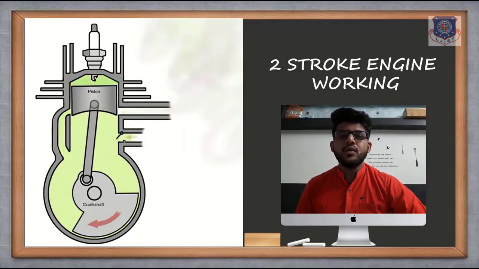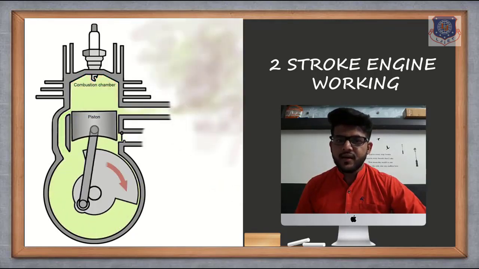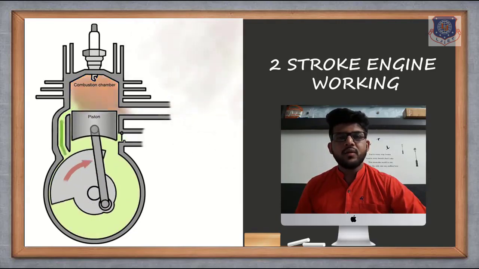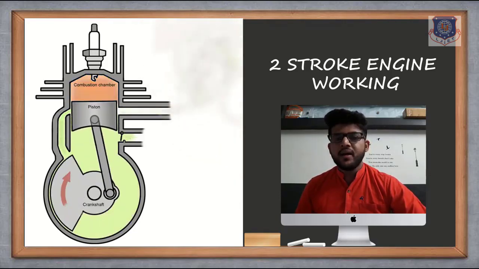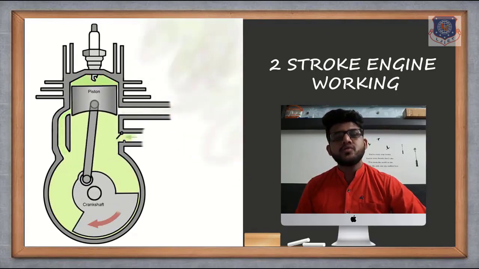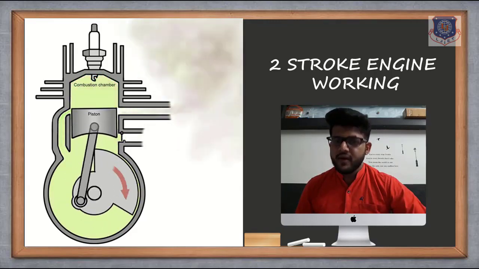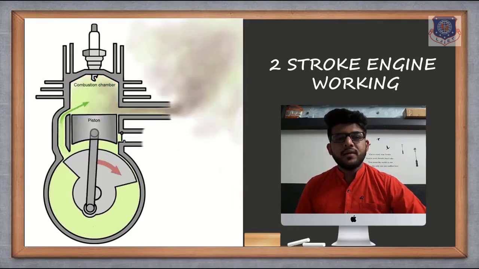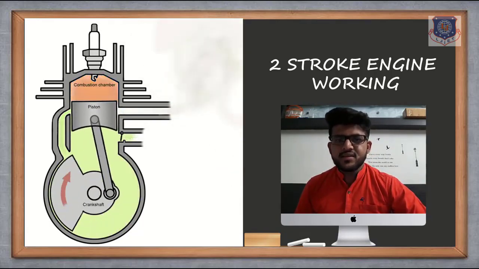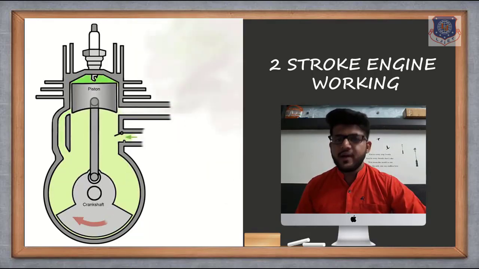In four stroke, at first the piston is taking intake, so it will be inlet stroke. Thereafter it will compress, so it will be compression stroke. Thereafter we will get power, and thereafter it will be exhaust stroke. Fine. So in four strokes of piston, the whole cycle will give us one time power. Now it is reduced to two strokes of piston, and so this engine is called two-stroke engine, because in only two strokes of piston we will get our power.